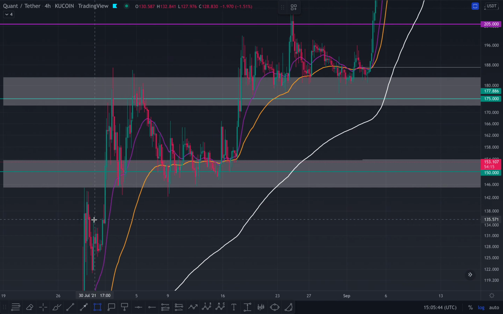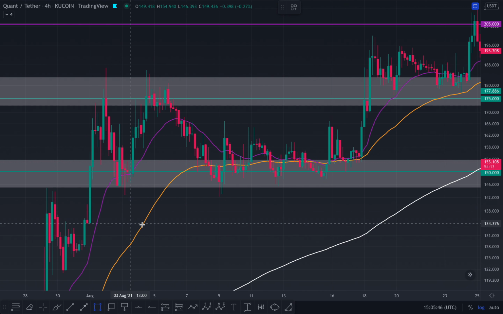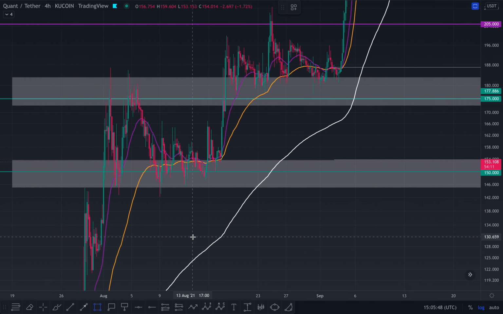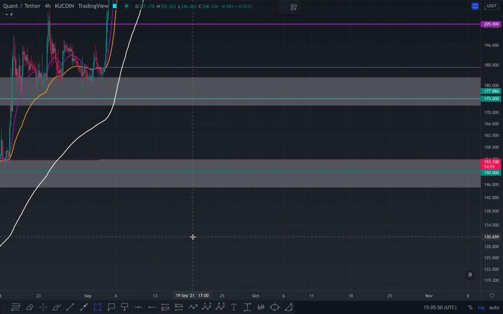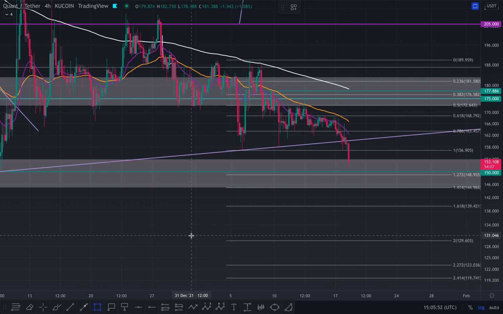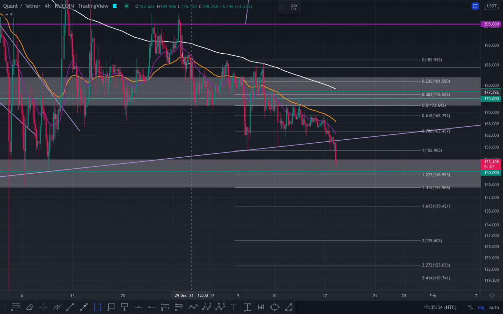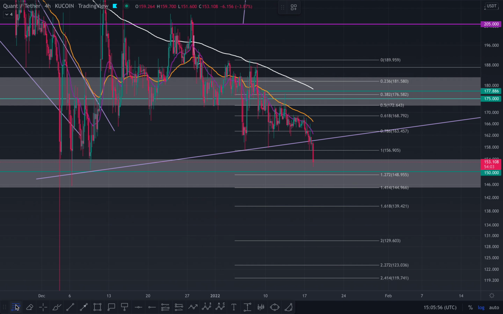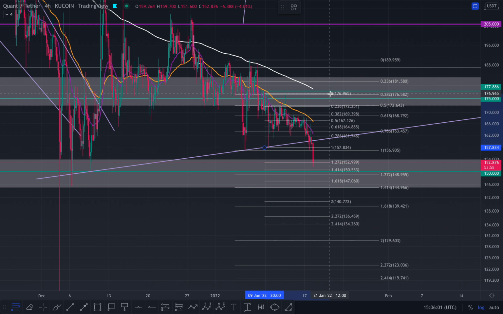So I could even draw a resistance here, but for me, it's not a strong valid support and resistance. If we do go down there, I'll draw it. But for now, I'm looking at the smaller fibs. I'll just draw it back on. But yeah, that's pretty much it for today, guys. There's not much more to say. We're in free fall mode because we've fallen out. Obviously, if we do come up and get back inside, we can invalidate it. That would be bringing us above the 1 anyway, and we'd start heading up. So to invalidate, we want to get above roughly 157 to about 160.